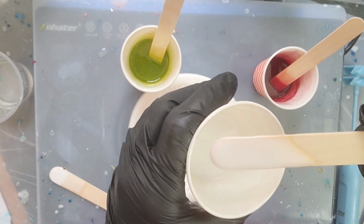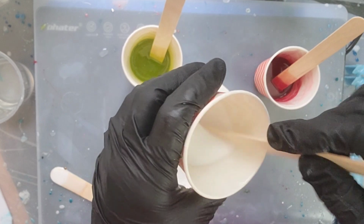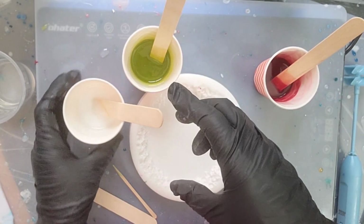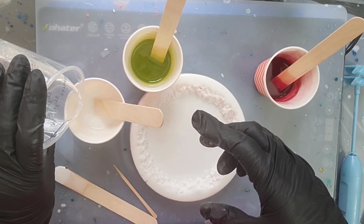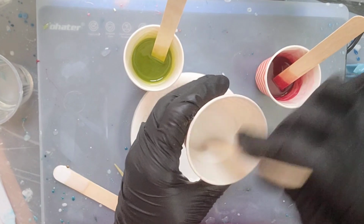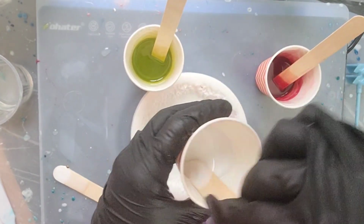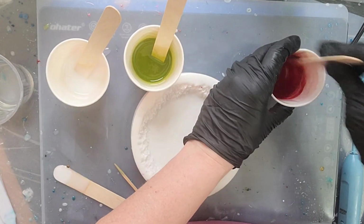wooden spoon, or stick, you can almost see that there is a little bit of see-through. You don't want it too opaque, but you want it enough to where it's also a little bit see-through. Just adding a little bit more resin to see. That helps. Okay, so,